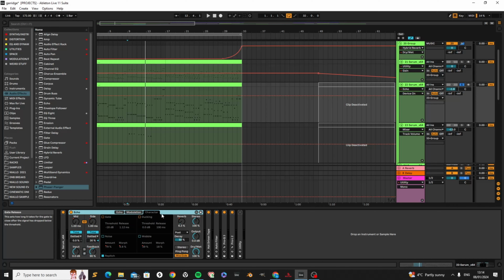But the main section we're going to look at is this character section here, where you can see you've got noise, gate, ducking and wobble. The first thing I added was this noise. I'm going to turn this gate on just because the gate is what